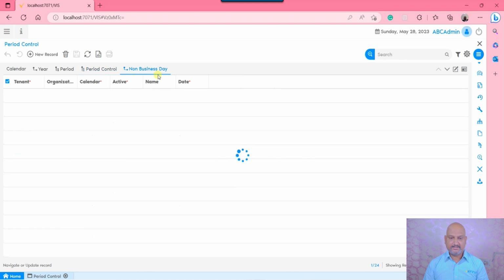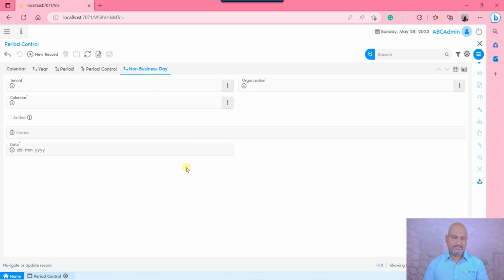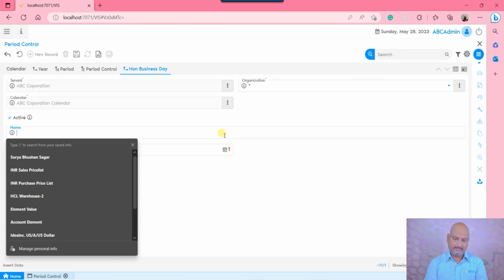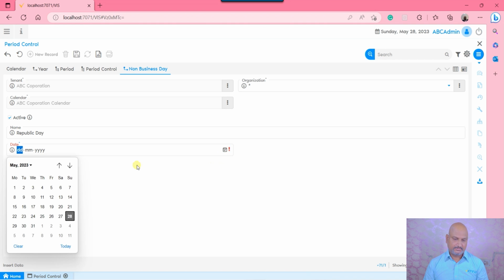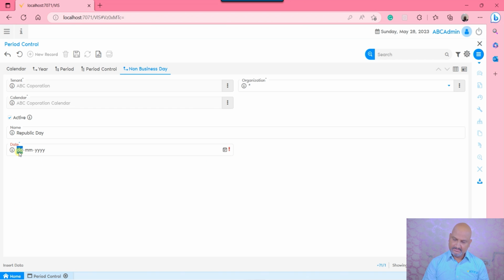Now the next is basically you want to define a certain non-business day. So it is again one of the very useful things. Let's say here in India, the Republic Day, you cannot do your business on Republic Day or Independence Day. So I would be able to define it so that if somebody by mistake enters any entry into the system on Republic Day, then the system will not allow you to process such an entry, and in such a case a message would come. Okay, so I have 26th